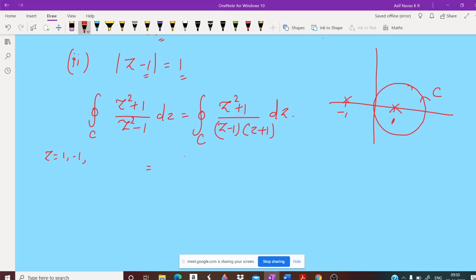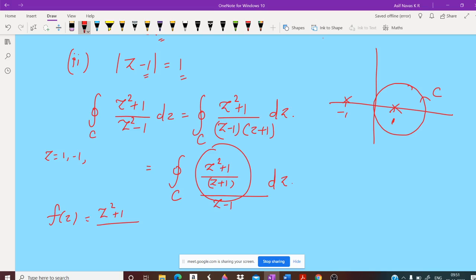So this you can write as the integral over C of z square plus 1. Minus 1 is outside, so you can take this in the numerator, over z minus 1, dz. So this is analytic, therefore f of z is equal to (z square plus 1) divided by (z plus 1). Now by Cauchy integral formula,